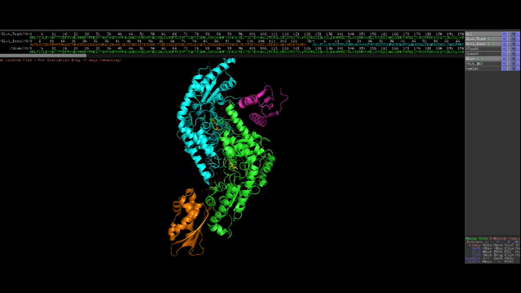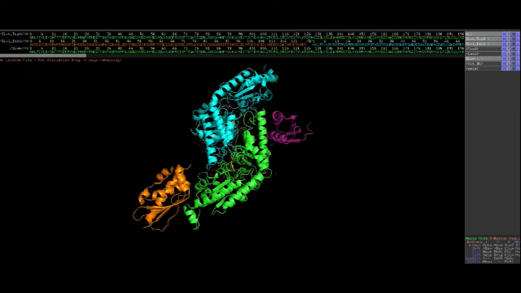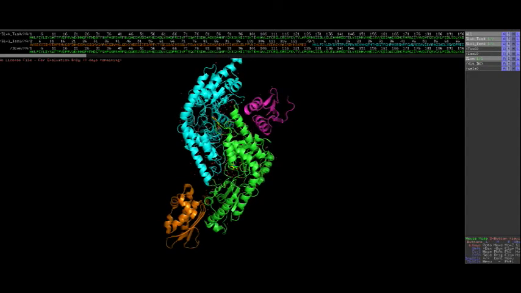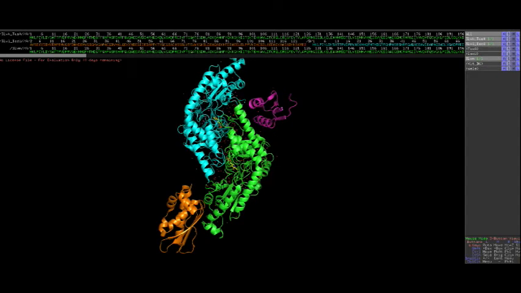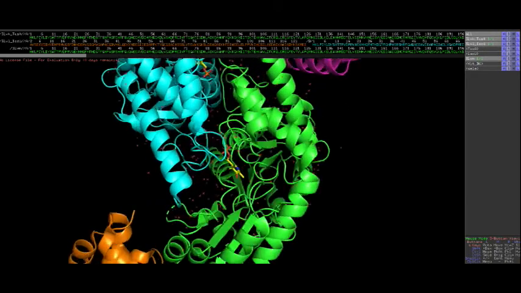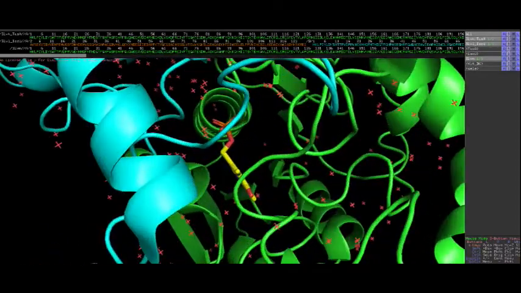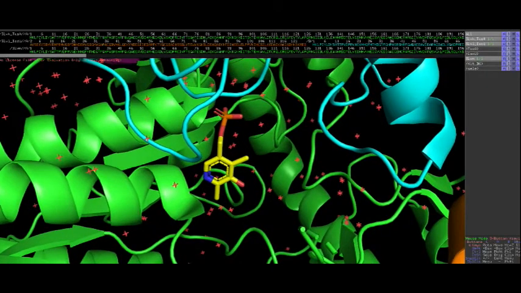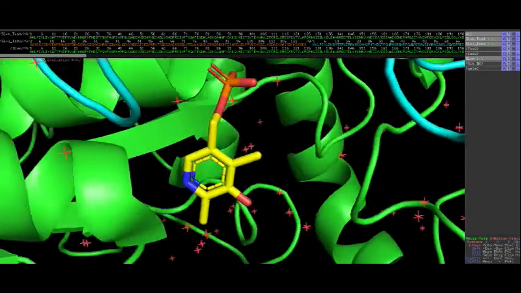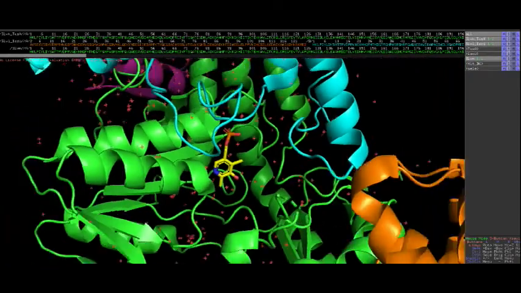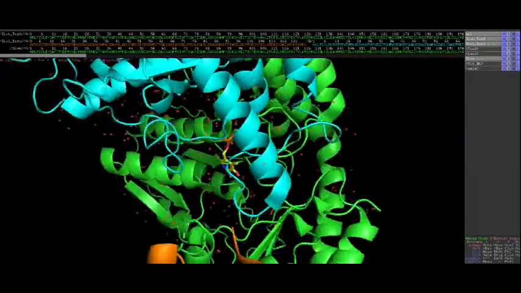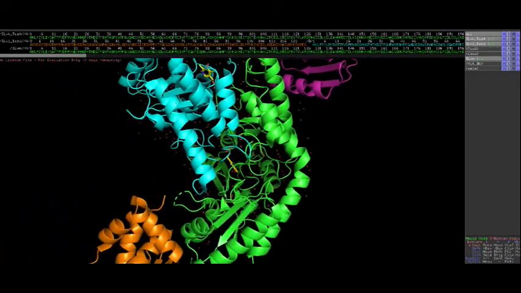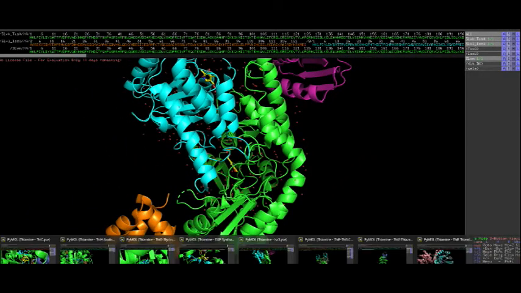But we can imagine it probably binds in similar places here. The cyan and the green are just two homodimers, just the homodimer of the ISCS. There also wasn't any substrate in the active site for the structures I found. It does have the vitamin B6 in there, but no substrate, which makes the structure a little bit less interesting to look at. I also wasn't able to find any